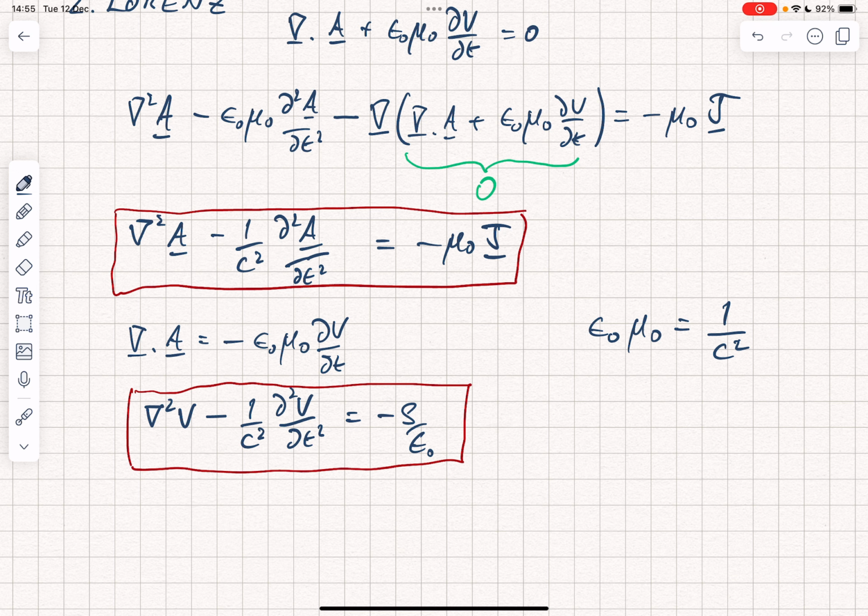So to recap, when we talk about gauge freedom, we mean the freedom to choose the zero of the scalar potential V and the vector potential A. Remember, we can add grad f to A, therefore in effect we're able to set the zero, just as we can add any number we want to V. When we talk about gauge invariance, we mean that the magnetic field and the electric field are not affected by our choice of gauge. In the next video, we'll go through these wave equations for the potentials in a little bit more detail. We'll show where they've come from and discuss the implications that has.